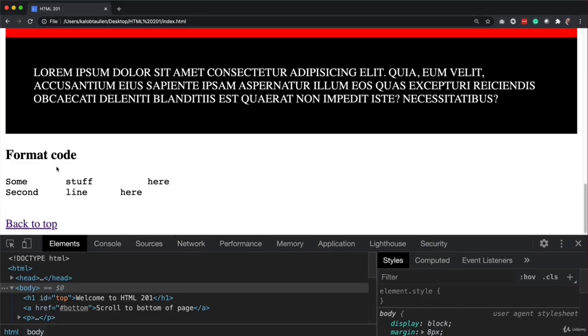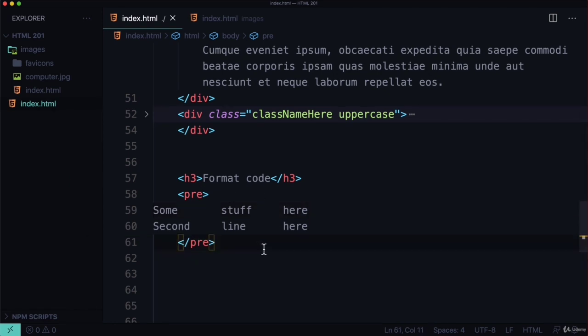In the pre tag, it's going to do the exact same thing. Whereas if you look here, that R is not as wide as the F. Whereas here, in the SOME, they're all the same width. Even the spaces are the same width. That is called monospacing. So that's one way to format your code. Another way to format your code is, if we wanted to do something inline, because pre is a block element,